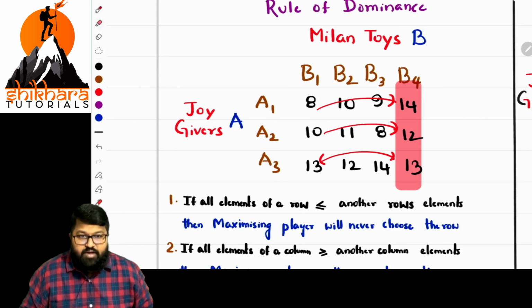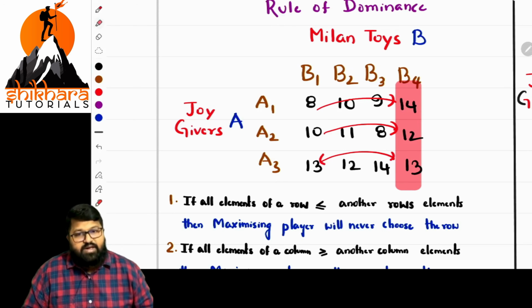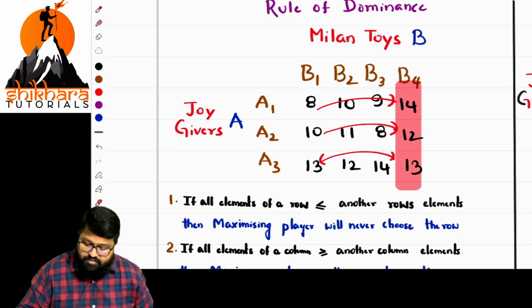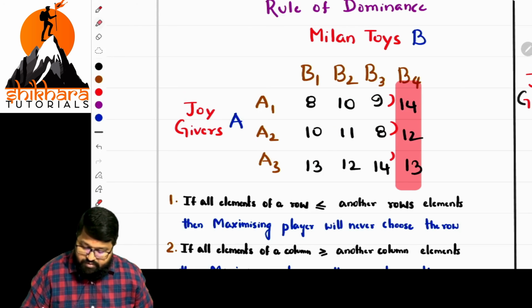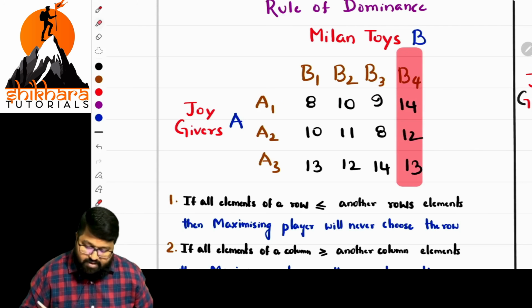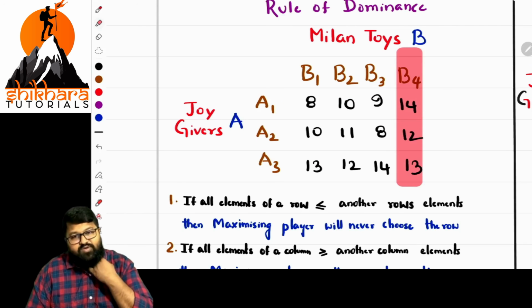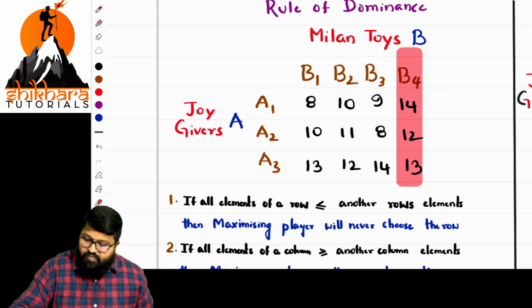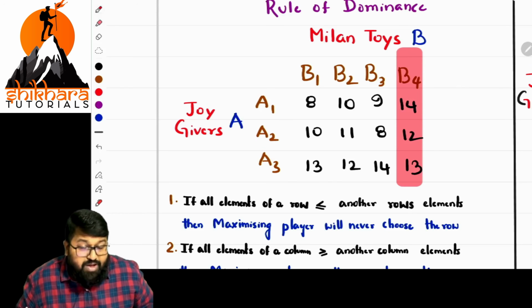Eliminated, fine. Now what is the order of the matrix? 3 by 3. Let us continue so that we reach a 2 by 2 order matrix. Now what should we do, sir? This is eliminated. Now in this case, let us go with the rows. If there is a possibility, we shall find it. Sir, 8, 10. So what is the point of rows?